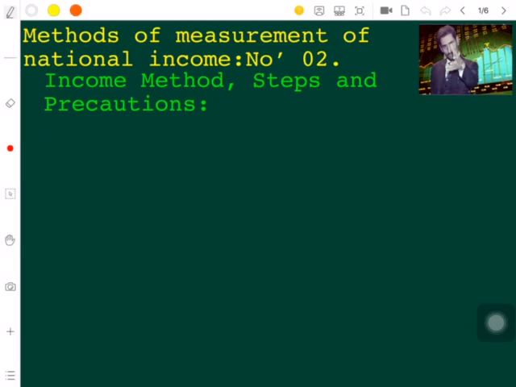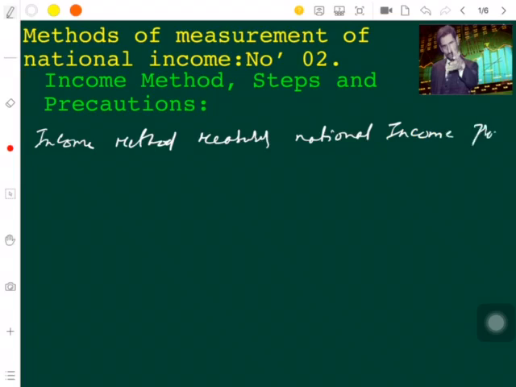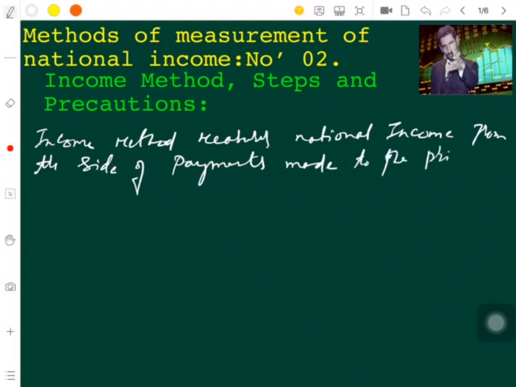When we say income method, it measures national income, that is NNP at FC, from the side of payments made to the primary factors of production